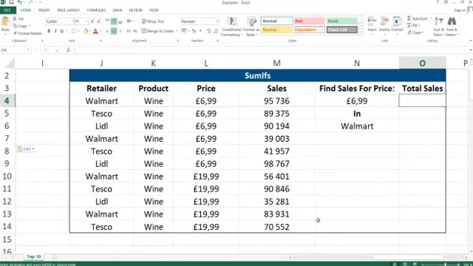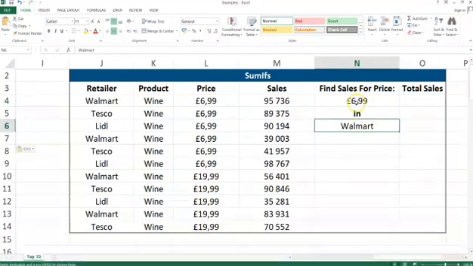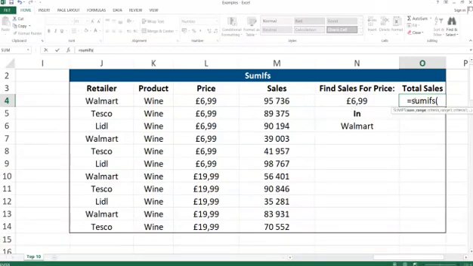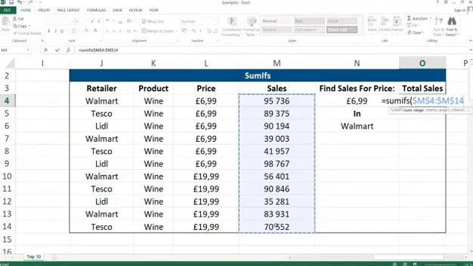Now using sumifs, the example that I have for sumifs here asks us to find the total sales in Walmart for all the wines that have a price of $6.99. So if we just start typing the function sumifs, we need to start with the sum range first, if you remember the